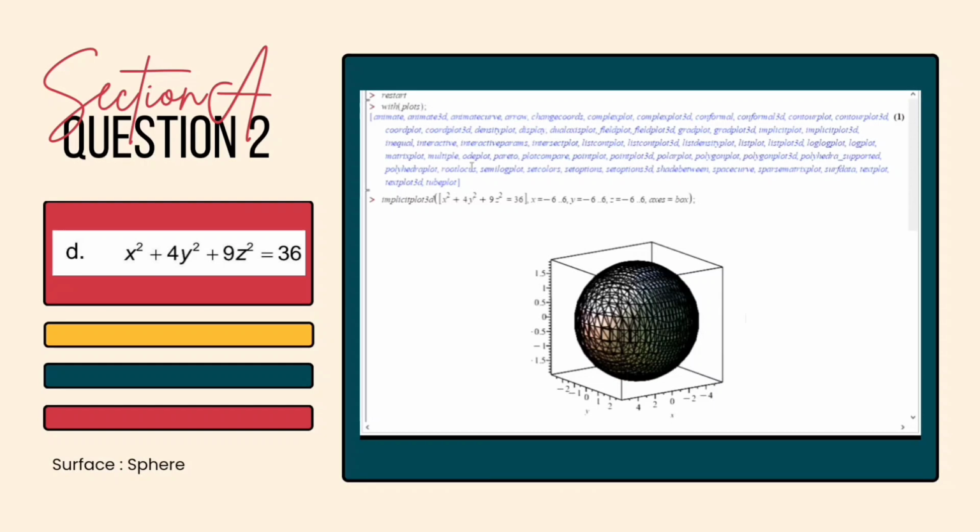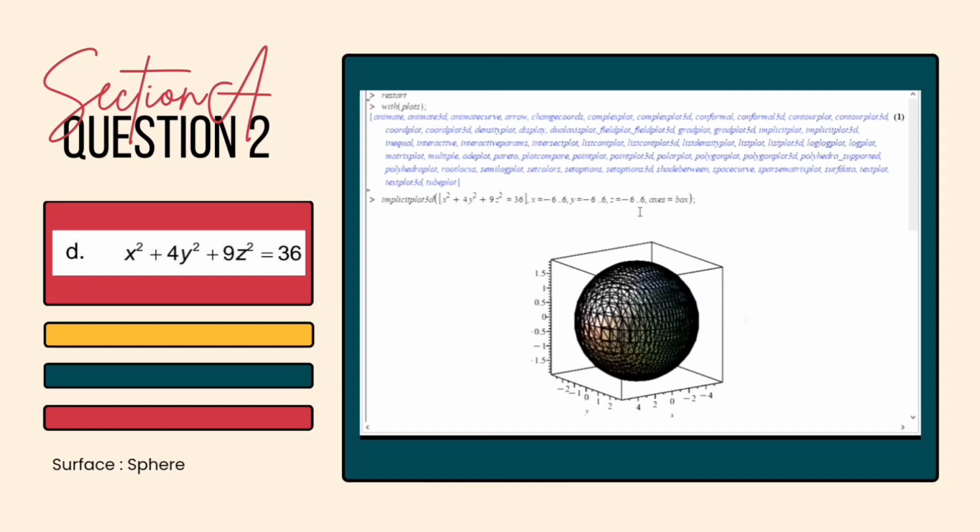For the second question, section A, I choose question D, which the equation is x square plus 4y square plus 9z square equals to 36. I'm using the same coding as before, but for this question, I choose implicit plot 3D, which the coding is implicitplot3d, open bracket, open square bracket, x square plus 4y square plus 9z square equals to 36, close square bracket,